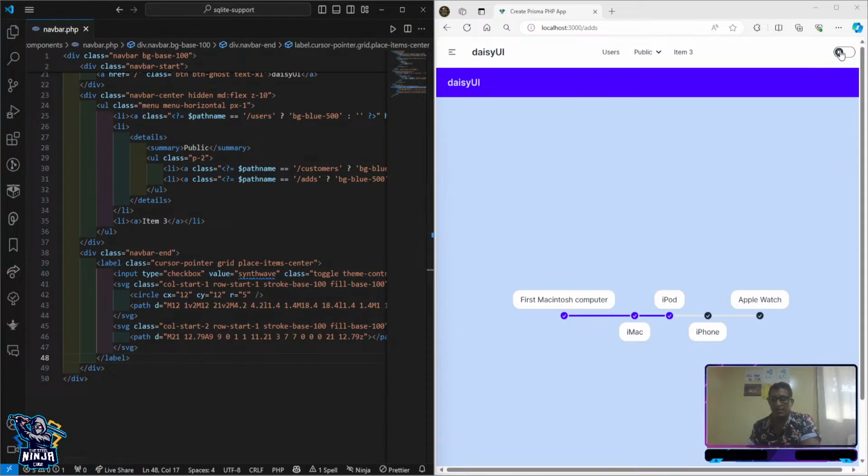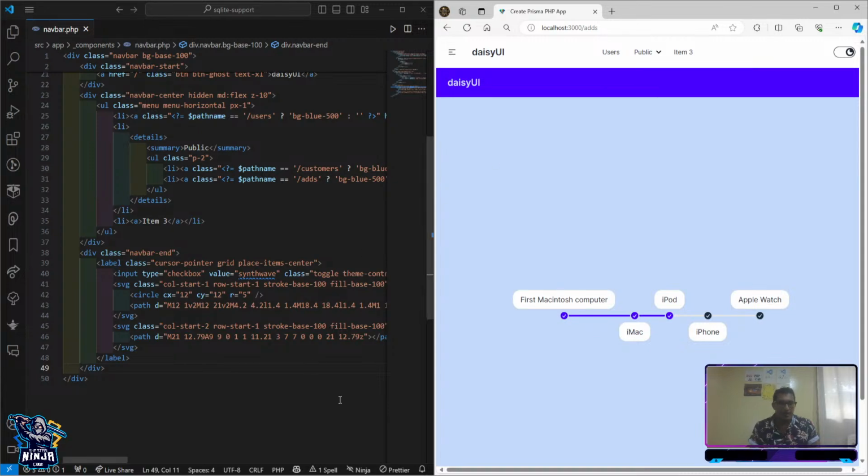Okay, as you can see, I already have my theme, but it's not doing anything. So what I'm going to do now is create a script which is going to hold the value of the click, and then it's going to change the